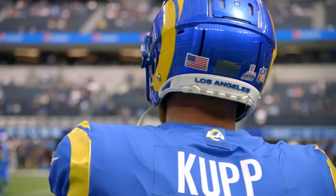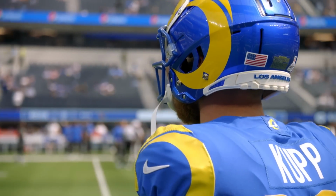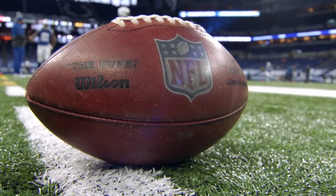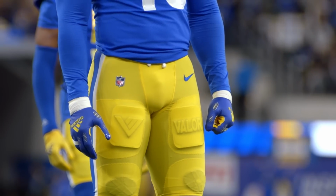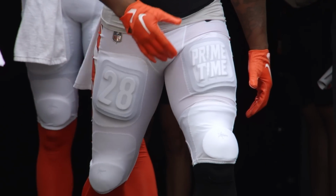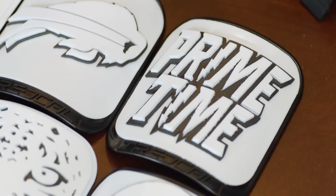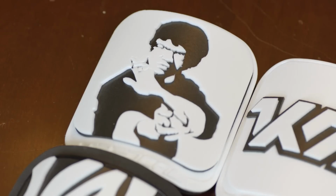In an NFL game, the gear comes from a lot of big names. The jerseys are made by Nike, the footballs, Wilson. And more, the thigh pads are made by the Gedalises. What? You don't know the Gedalises? My name is Brian Gedalis, and I am the inventor of what we call a tread cal, a three-dimensional decal